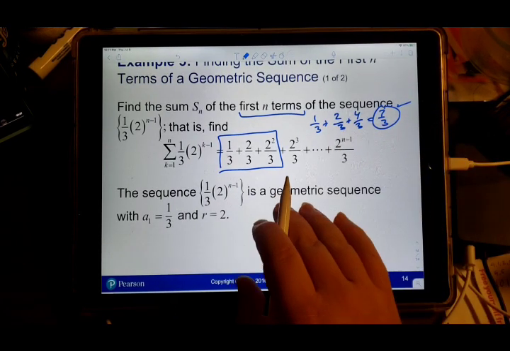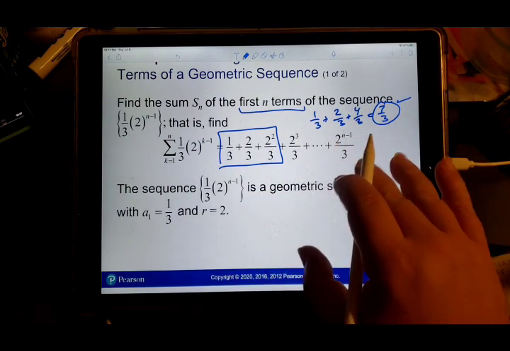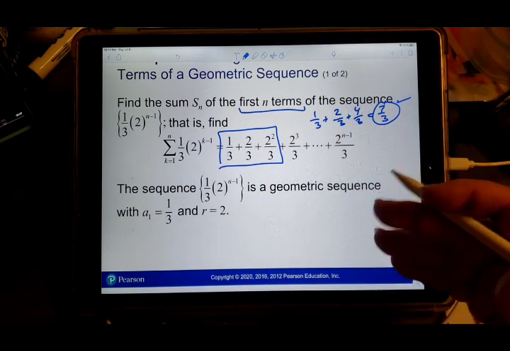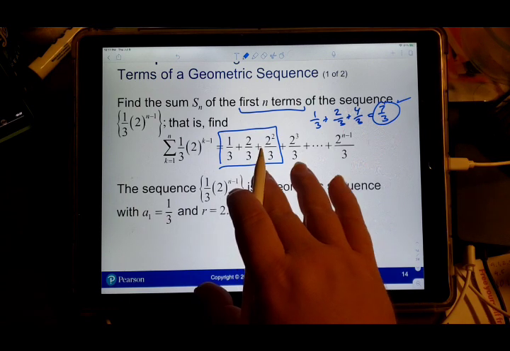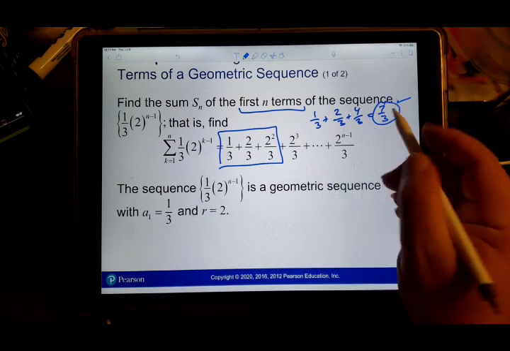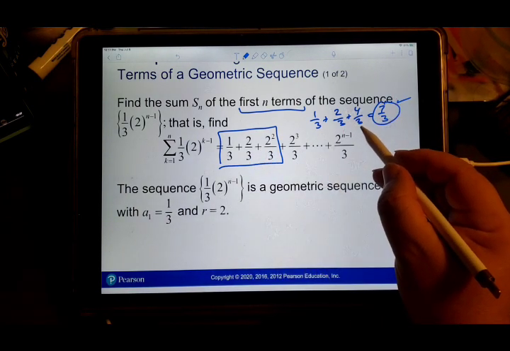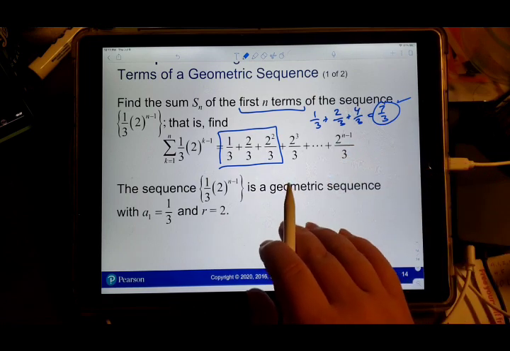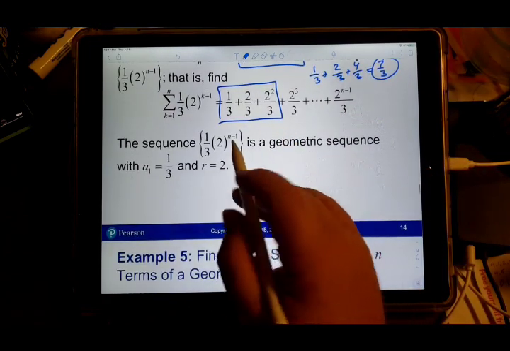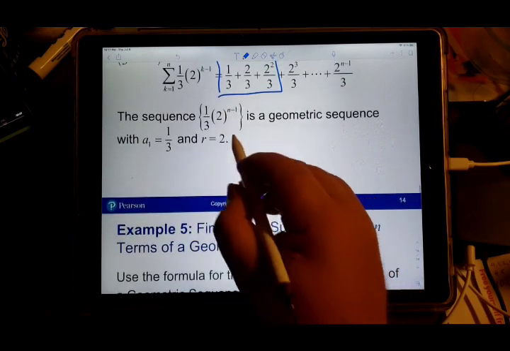Now I could have asked you to do more. I could have said find the sum of the first 40 terms. And you certainly wouldn't want to do that for 2 reasons. One, we don't know the list of 40 terms, and it would just be a lot of work. But I could use the formula